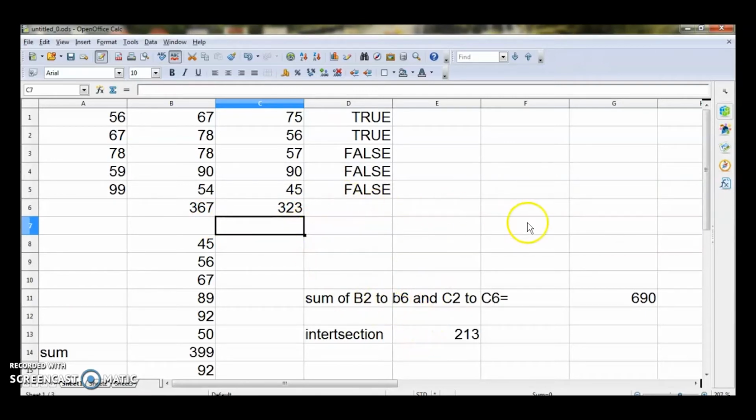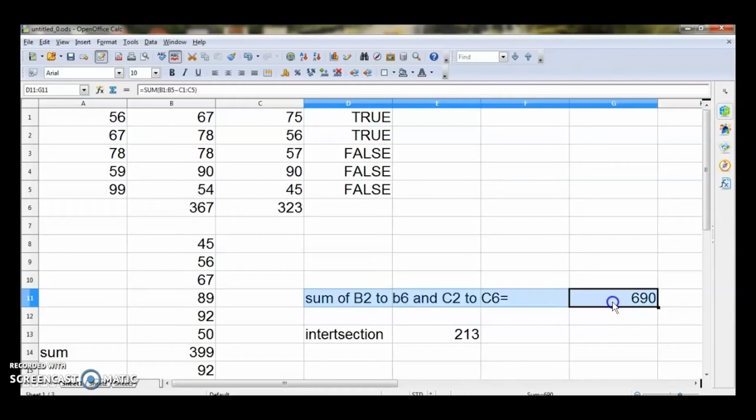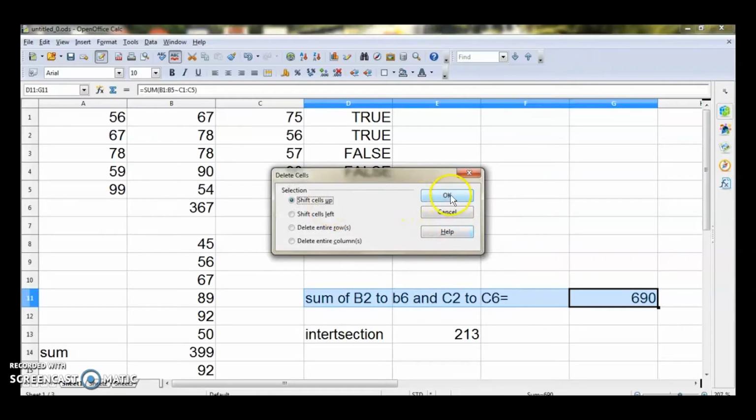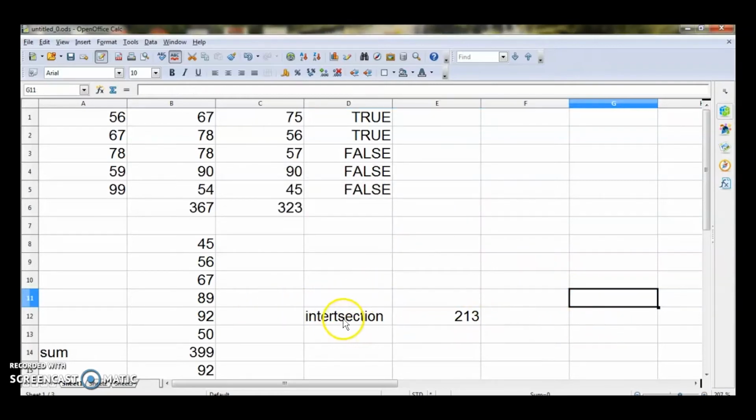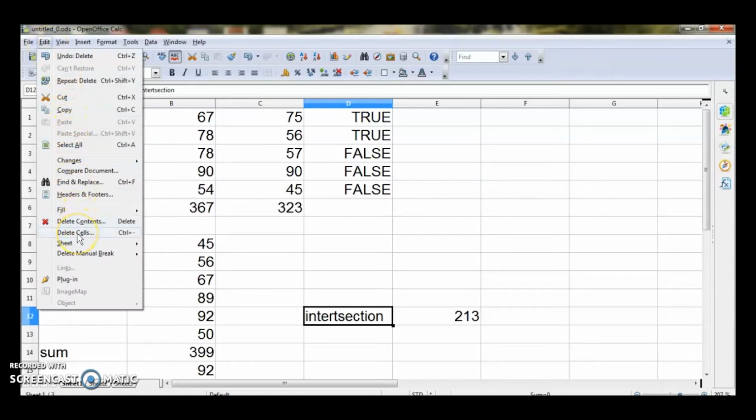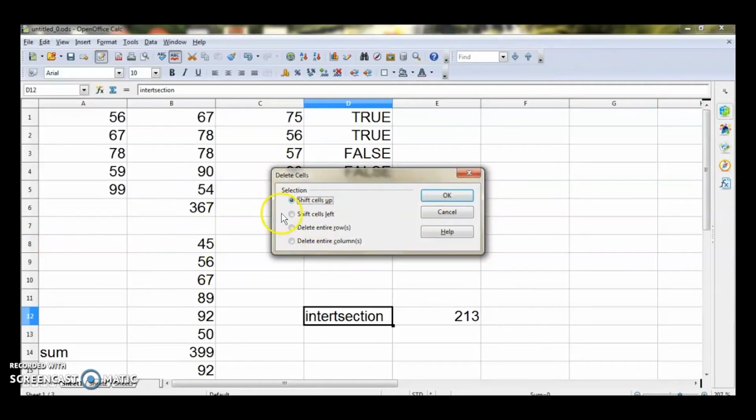Similarly, if I want to insert anything, okay, so deleting a particular row or column we have seen. Suppose I want to delete everything of this. So now I have selected 1, 2, 3, 4. Okay. So I am selecting 4 cells and I can right click and if I click delete, shift cells up, okay. So the entire thing gets deleted. Okay. So similarly if I want to delete this, I can also delete using the menu. So edit and then I have to go to delete cells. So I think you can see the option delete cells and if I click that, the same dialog box appears and then if I give OK, it will be deleted.